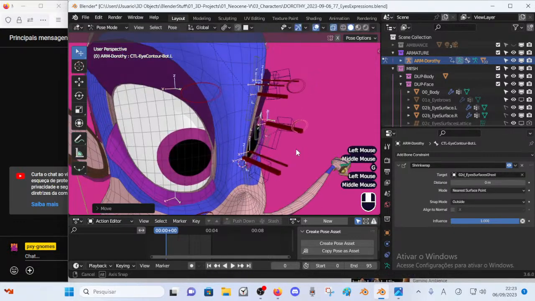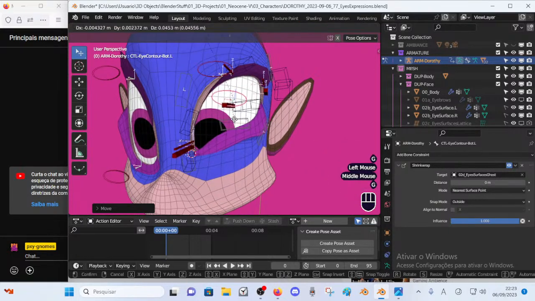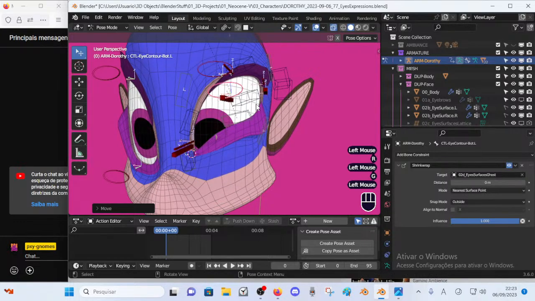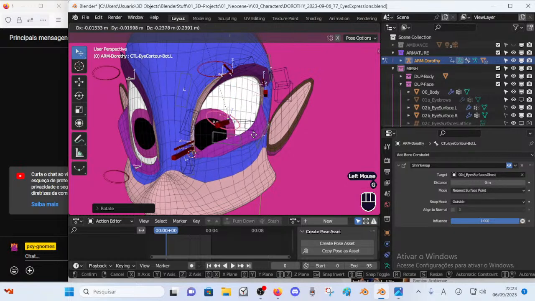So why do those bones need this? Maybe there's another way to solve this. The only thing that I didn't want anyway is for these bones to do this kind of tilting. This would be terrible.